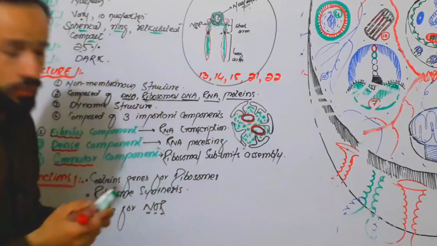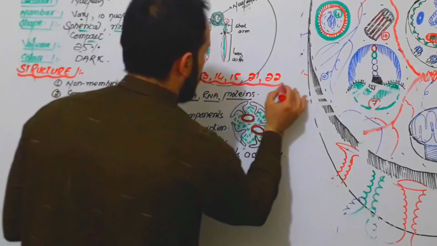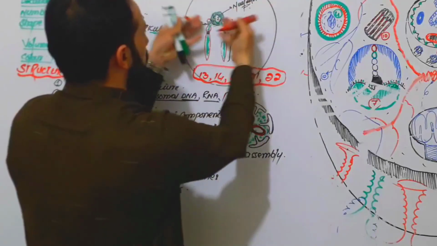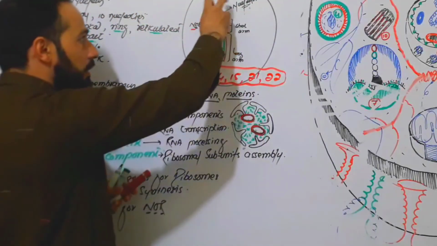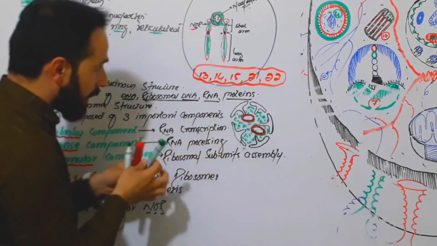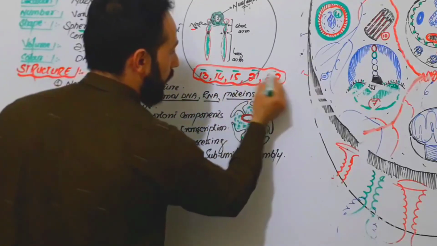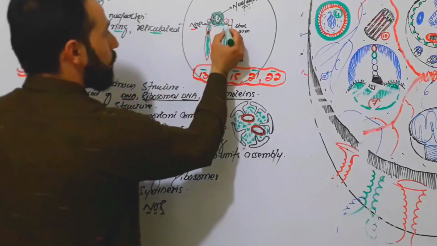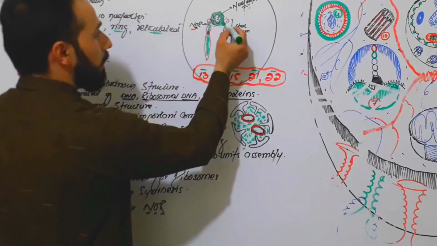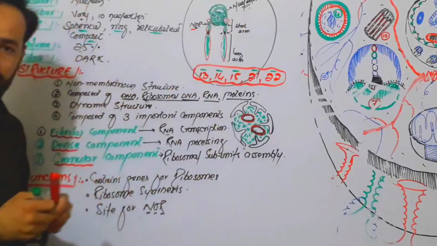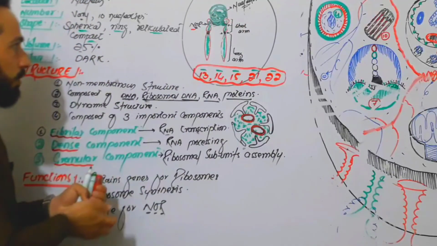So these chromosomes will give the extensions of this DNA from the NOR, and this DNA will come out and will make the nucleolus, right? So once again, chromosome number 13, 14, 15, 21 and 22 will give their DNA, right? And that DNA will make the nucleolus there, right? Okay friends,